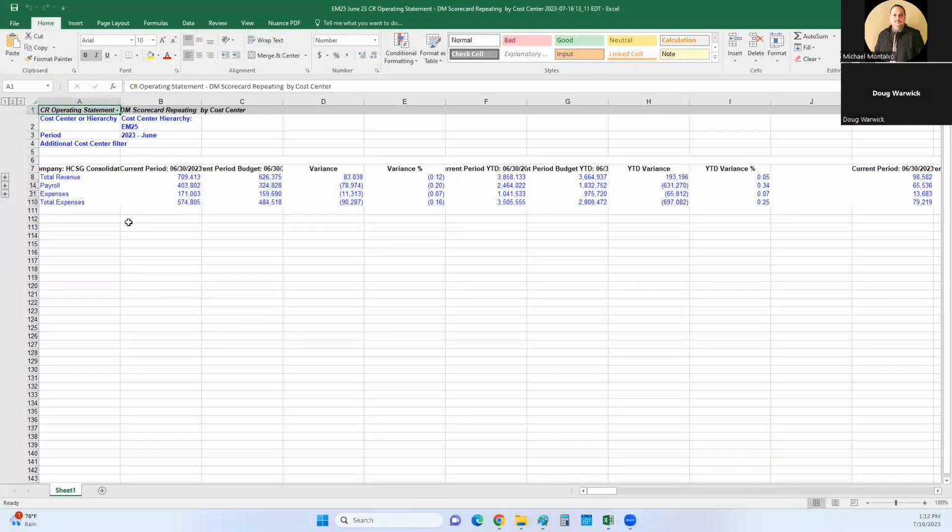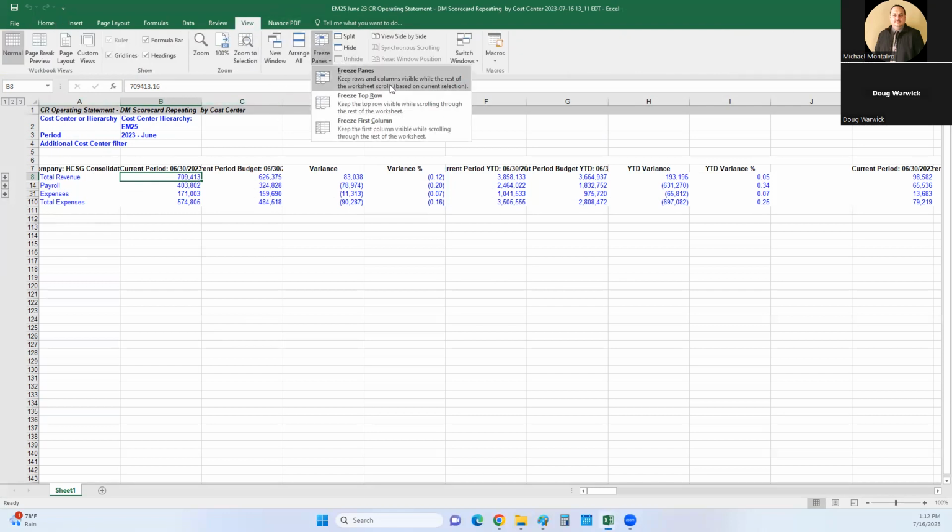So right when you do it, obviously we want to save and protect our header and all this information. So we're going to go right to this column, View, Freeze Panes, boom. Now,